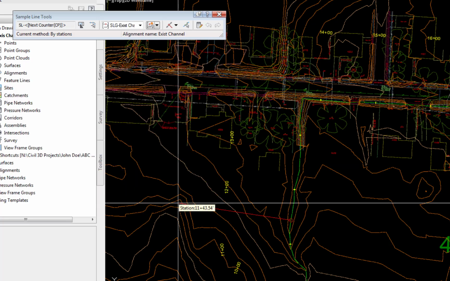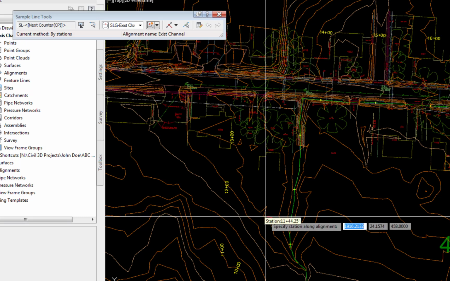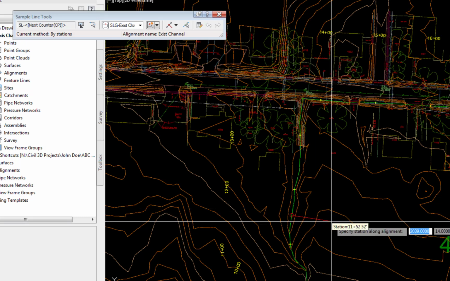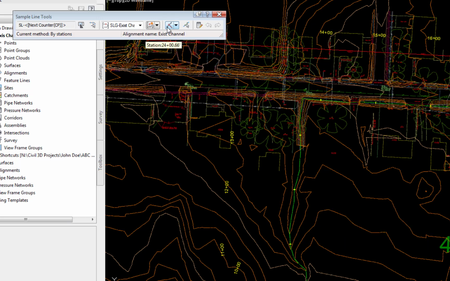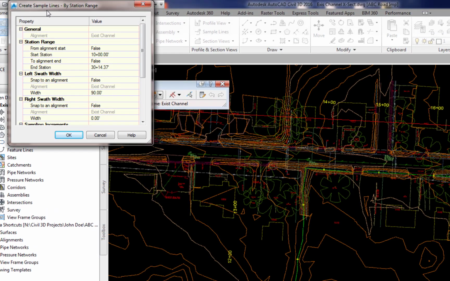A prompt is displayed for selecting location of a sample line. It is generally desired to pick a range of stations for the location of the sample lines. In the Sample Line Tools dialog box, pick the arrow to the right of the sample line creation methods icon, by range of stations. In the Create Sample Lines dialog box, station range from alignment start, true, to alignment end,